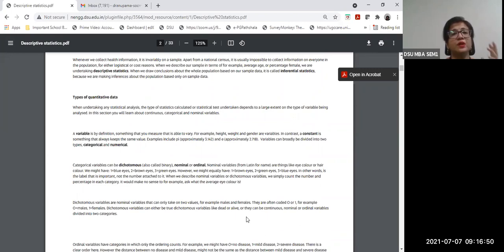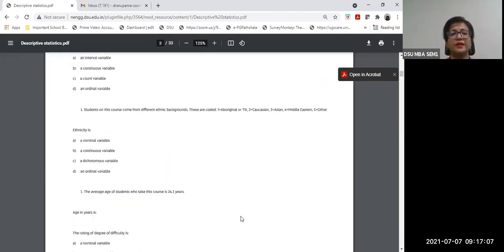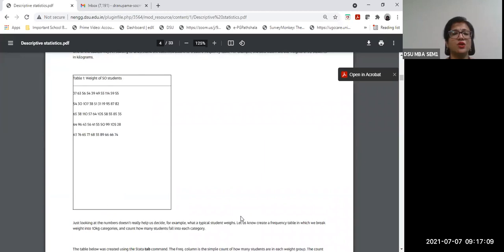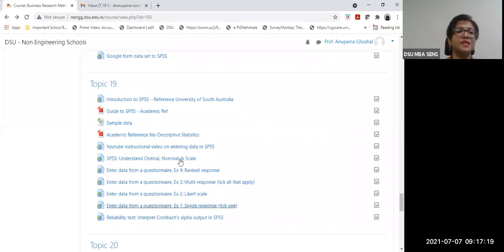It will help you to brush up your concepts, brush up the application that is required to be done with the analysis also, the different types of quantitative data, variables, all of that, right? Additional materials in addition to whatever has been given as part of the textual material discussed in the class. All right. So all these are there, and some short quizzes also are there in order to check your understanding. So this is the reference material for descriptive stats.